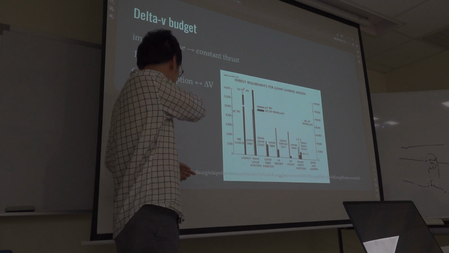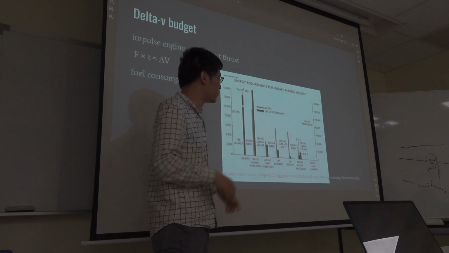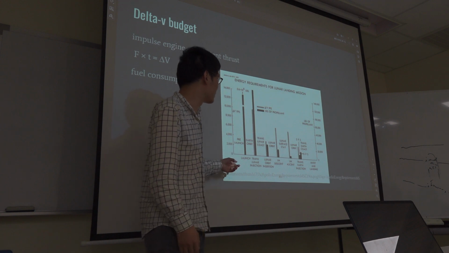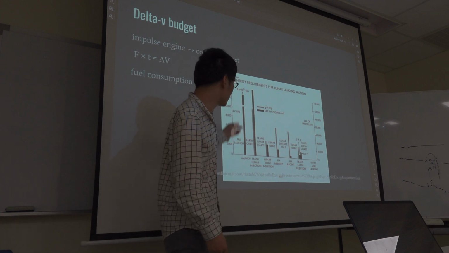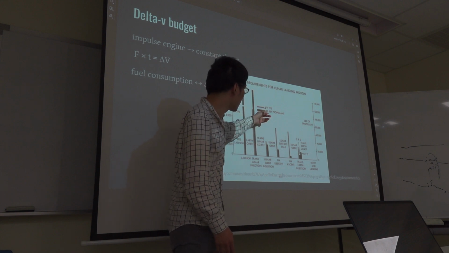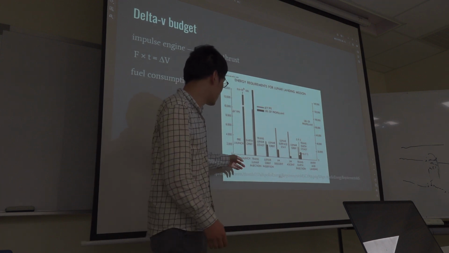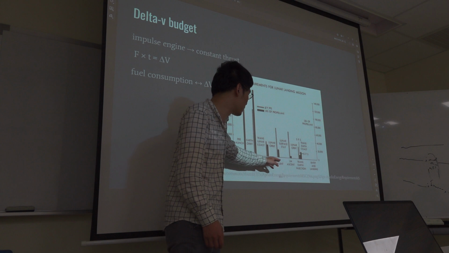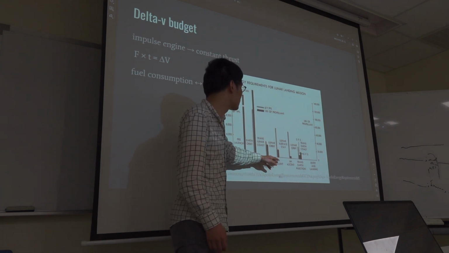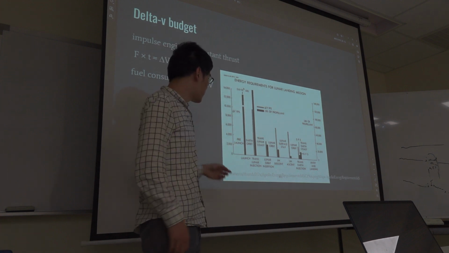So you can see this graph is the moon mission, Apollo mission. Yes, so you can see the two plots. It's the delta V and the consumption of the fuel. And you can see it cut into different phases of the mission, and in each phase, it will calculate a particular delta V, because